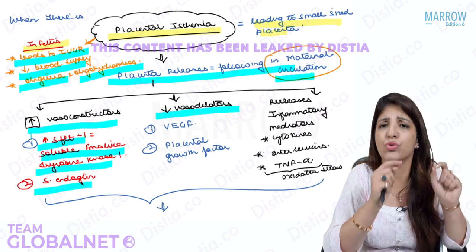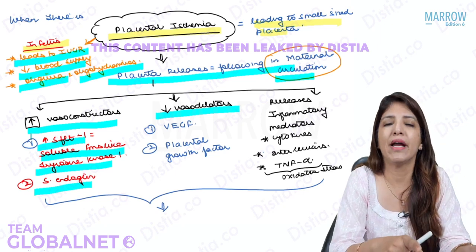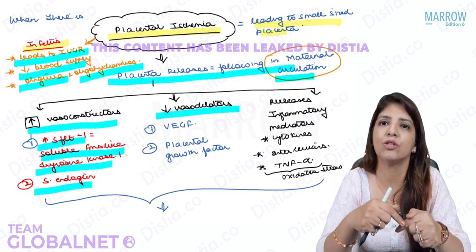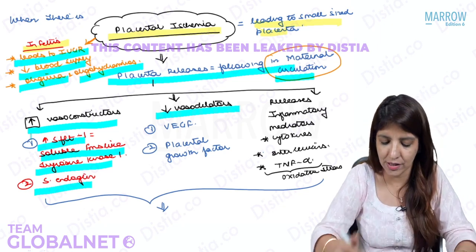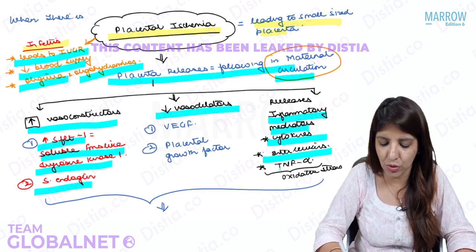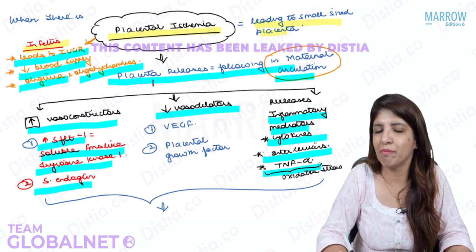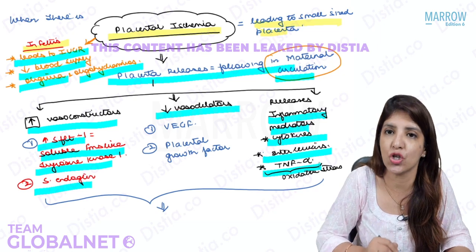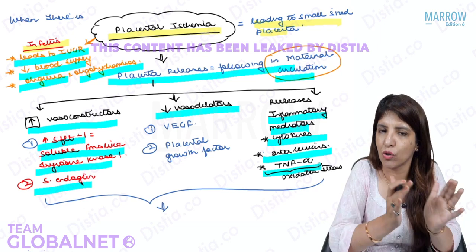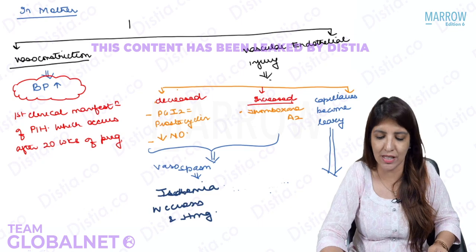So it says, because you sent me less blood, I am going to make you suffer and I'm going to bring about vasoconstriction. So it increases vasoconstrictors and it decreases the vasodilators. Not only this, it is going to release inflammatory mediators like cytokines, interleukins, and TNF-alpha. Now, because of these inflammatory mediators, there is oxidative stress in the mother. And because of a combination of all these things, because of increased vasoconstrictors, decreased vasodilators, and oxidative stress in the mother,